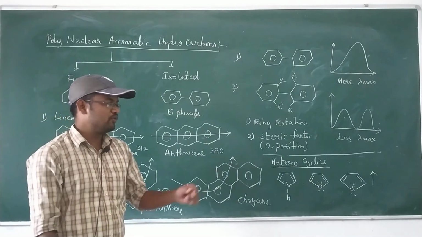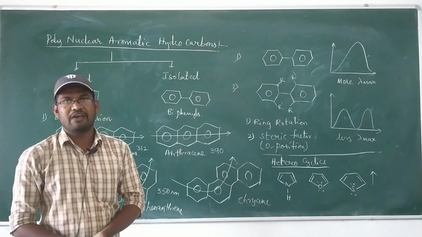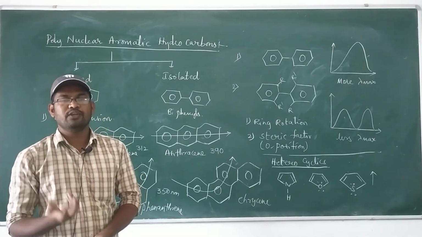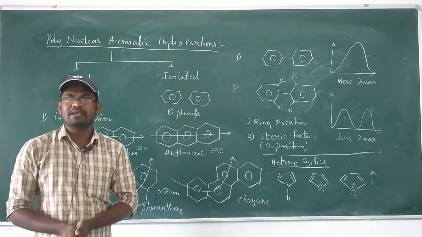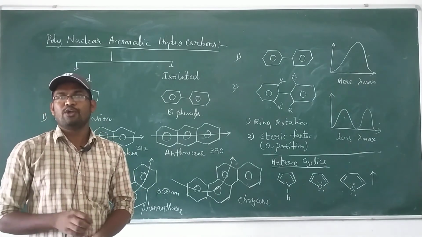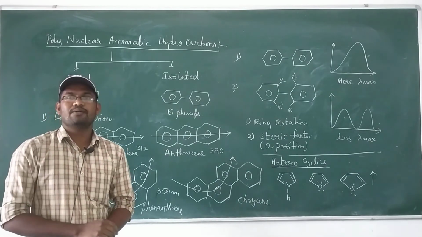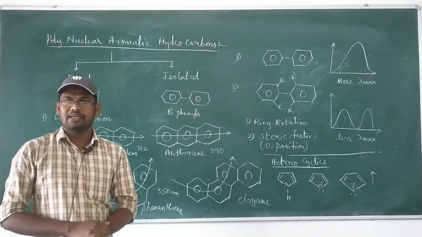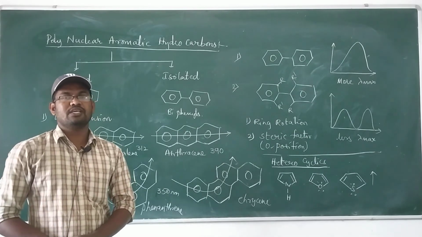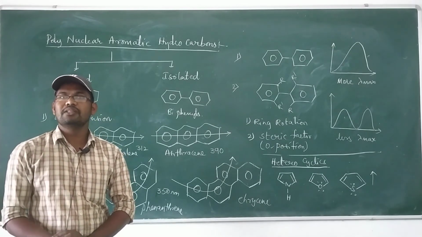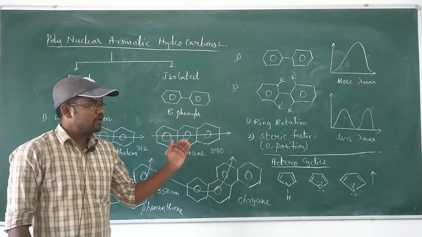Thiophene is more aromatic compared to pyrrole and furan, because in thiophene sulfur is less electronegative. Due to its lower electronegativity, sulfur is capable of donating a pair of electrons to the ring. That pair of electrons circulates in the ring, resulting in a more aromatic structure. So thiophene has more aromaticity and a higher lambda max value. The conclusion is that among heterocyclics, the compound with more aromaticity has a higher lambda max value.